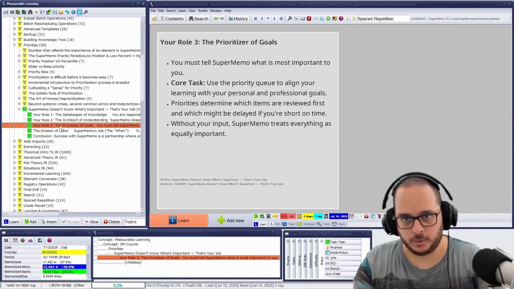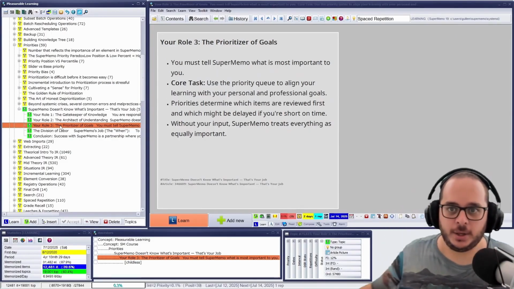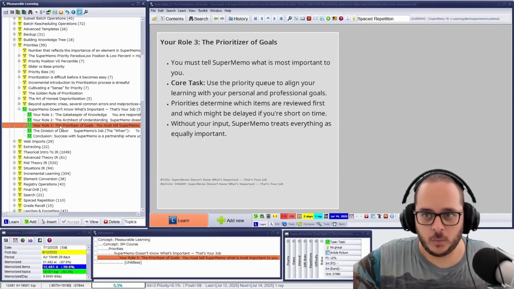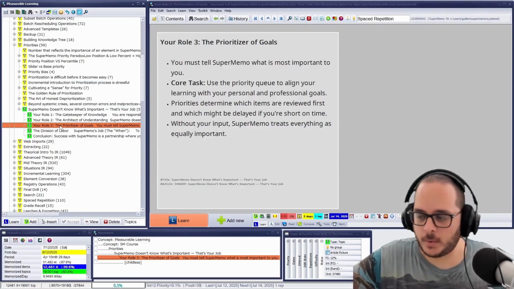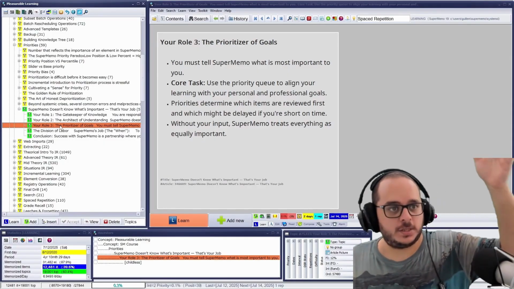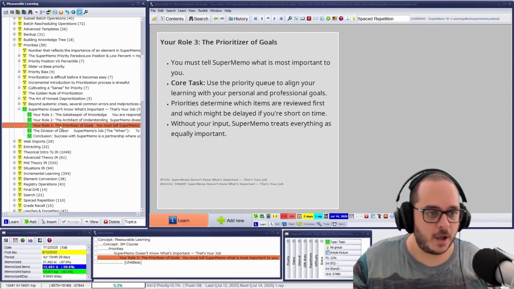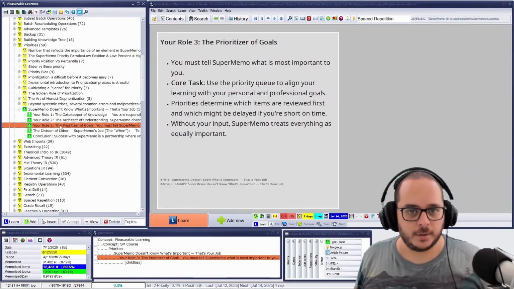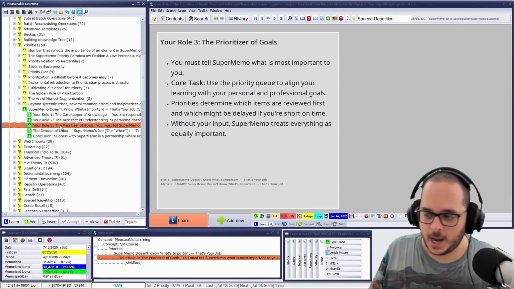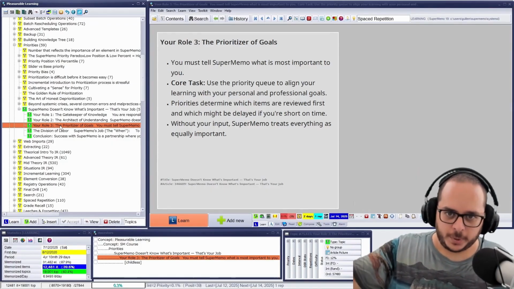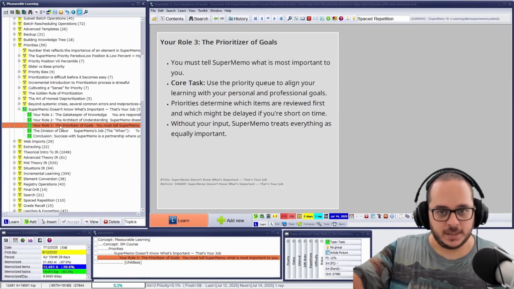You have a third rule, and it's the prioritizer of goals. You must tell SuperMemo what is more important to you. SuperMemo doesn't know that. How do you do that? For instance, with priorities and concepts. I have concepts of science, health. Hey, I do care about health. How do I tell that to SuperMemo? I create a concept called health with a default priority very high, and most of the elements there have